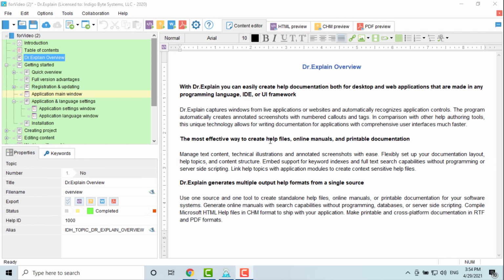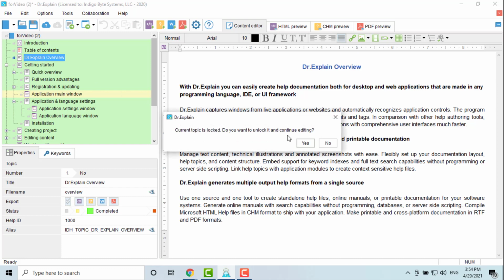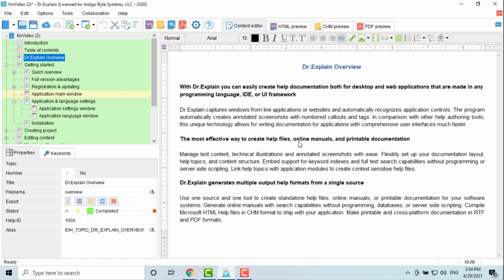The project tree contains the lock options feature in local projects. This function allows you to close the completed topic from further editing, and leave only the possibility of viewing it. This way you can protect your finished and verified content from accidental edits. The easiest way to lock or unlock a topic is to click on the lock icon next to the topic name. You can also do this through the drop-down menu, which also allows you to toggle the lock not only of the selected topic, but also of all its subtopics.